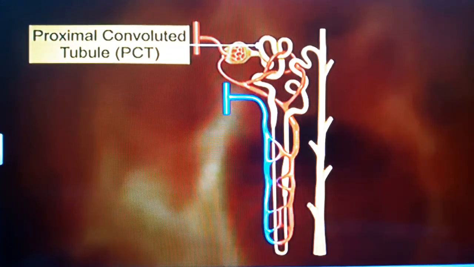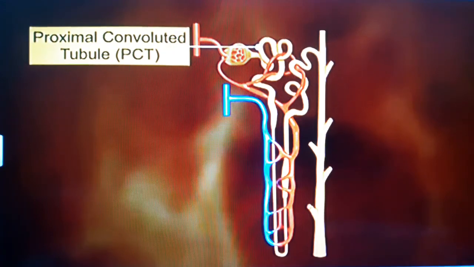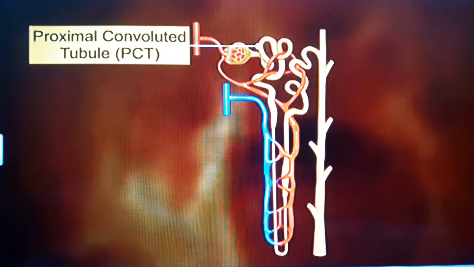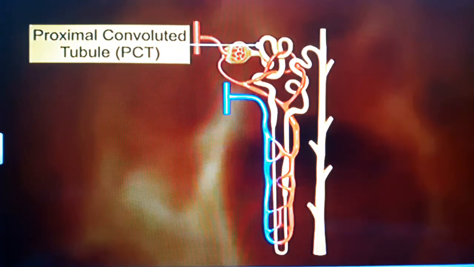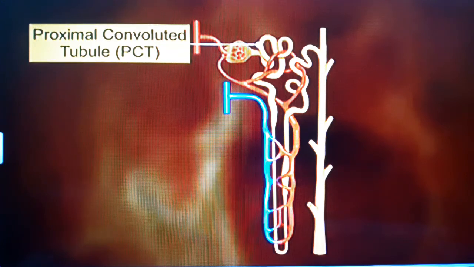That allows reabsorption of salts by active absorption. Active absorption requires energy, and that's why mitochondria provide energy for this absorption. It transports glomerular filtrate from Bowman's capsule into the loop of Henle. So always remember the functions of PCT.